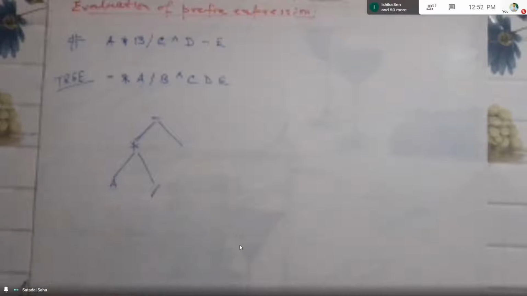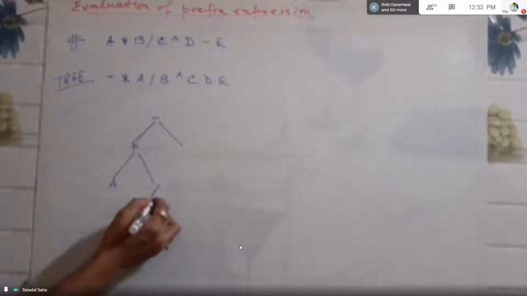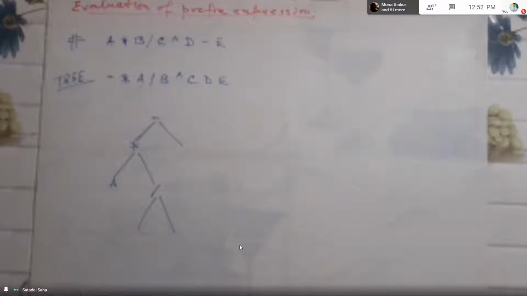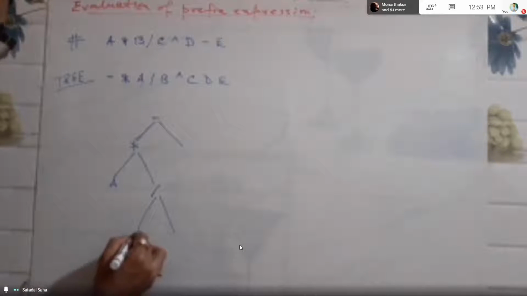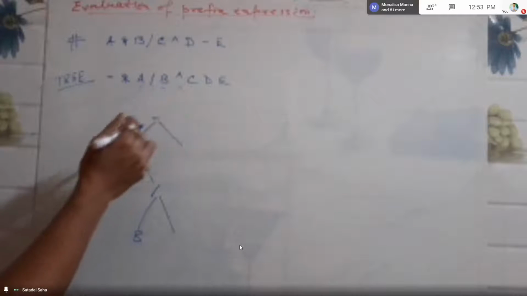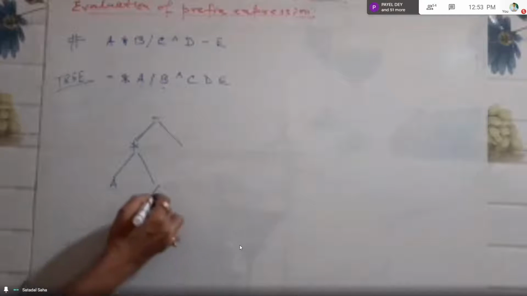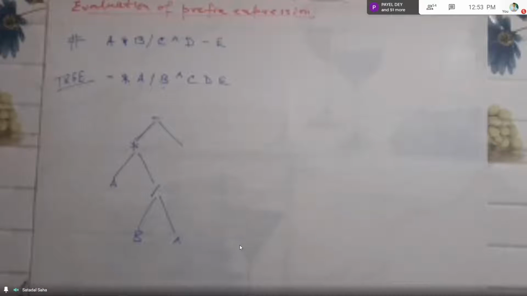So this one. This is having the right wing of this division sign, multiplication sign. Then again it will be having its lower wings, that is left and right. So next is your B. So B will be here, and then will be an exponent. Exponent cannot be under B because this A, B, these are operands. So it cannot have any wings below that one. It will be a leaf one. So this exponent will be in the right wing of this, the last operator scanned, that is division.